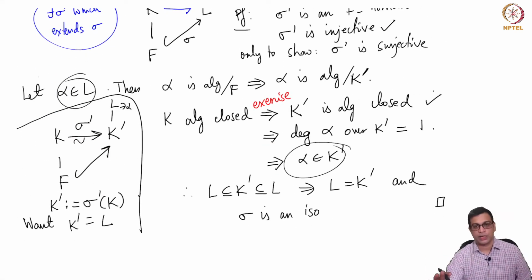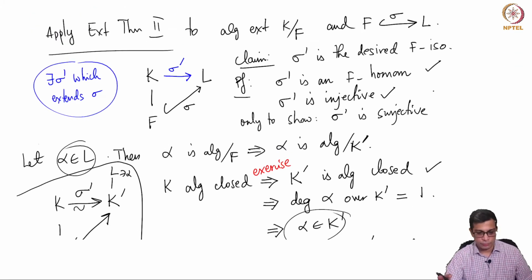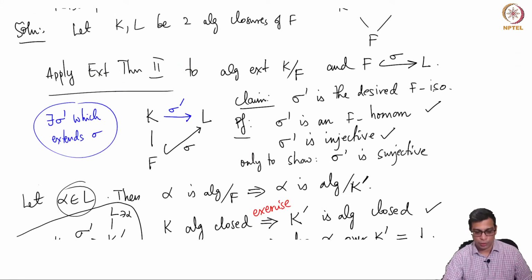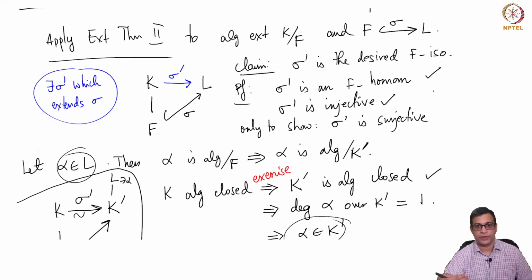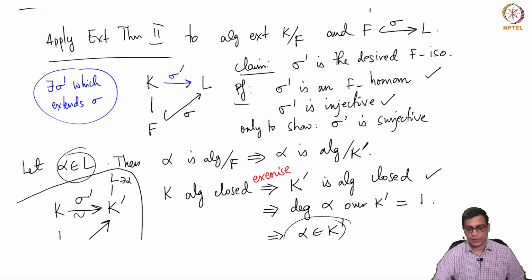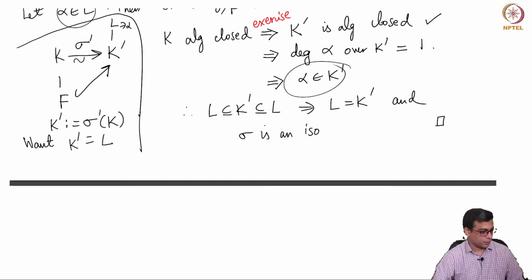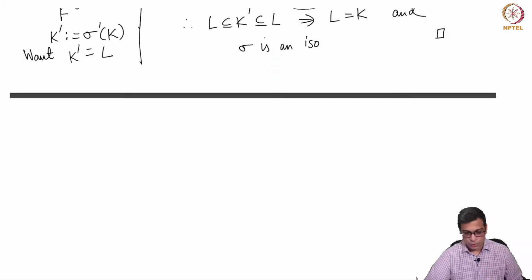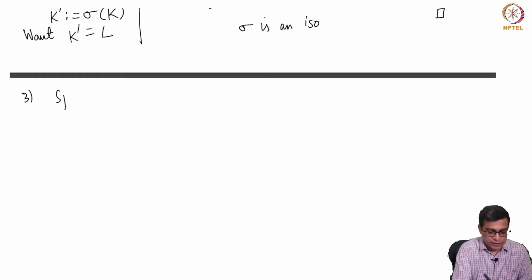So the proof is not that important. We have done it so that you understand how to go about using the extension theorem, but the statements will be used later. So typically we often talk about the splitting field of a polynomial or the algebraic closure of a field, when there is no danger of confusing the two fields. As far as F extensions are concerned, they are isomorphic. Okay, so now let me do a third exercise on splitting fields.